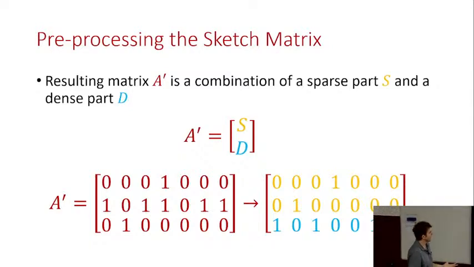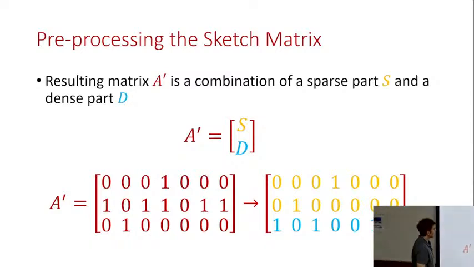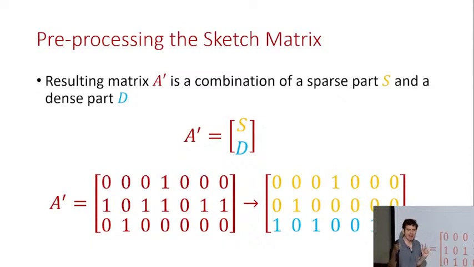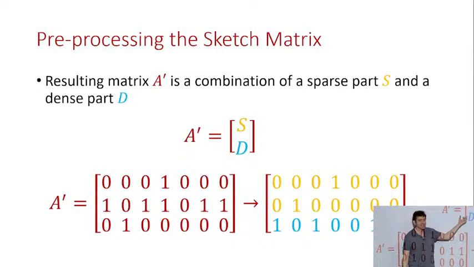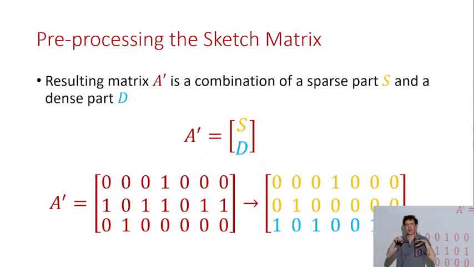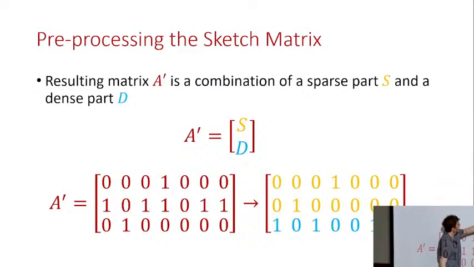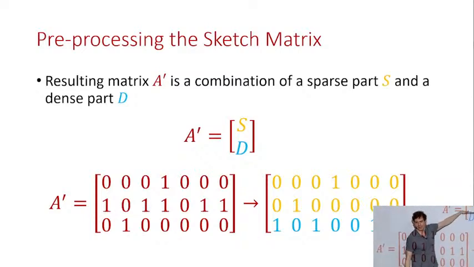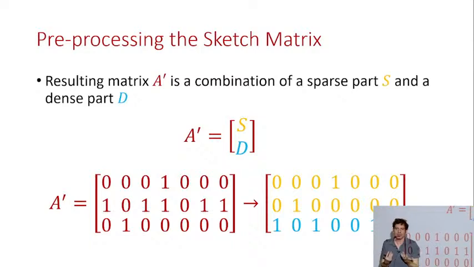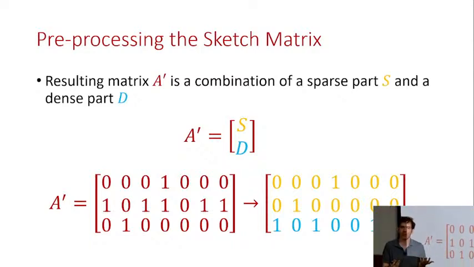And the idea behind the attack is we want to reduce it to the fingerprinting code. So we're going to be making fingerprinting queries and trying to learn the sparse part. But the difference is there's a dense part. That's the difference from standard fingerprinting. But the distribution that we're going to apply in the fingerprinting code is going to be such that the dense part gives you essentially no information. And so it's as if we're running the fingerprinting code on only the sparse part. And so we're going to use correctness of fingerprinting to break the sparse part and therefore break the sketch.